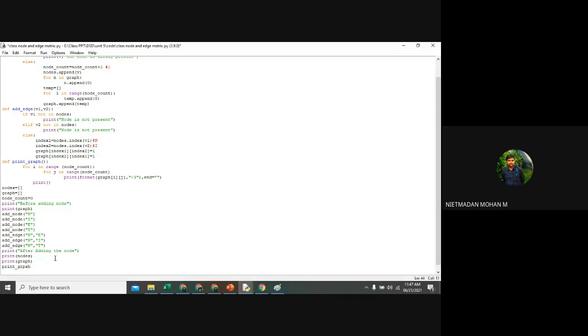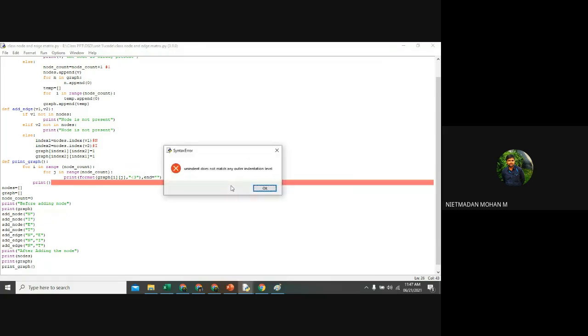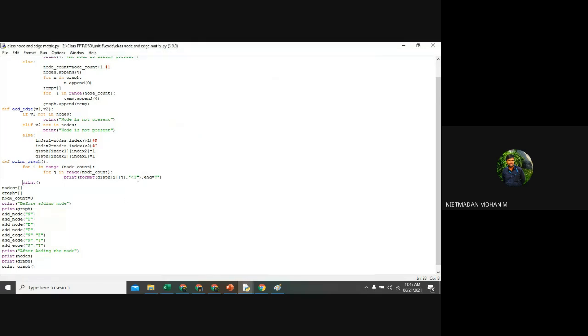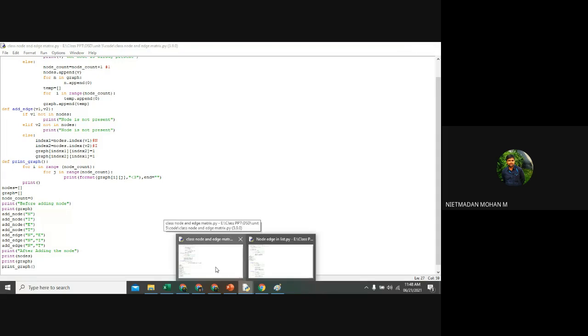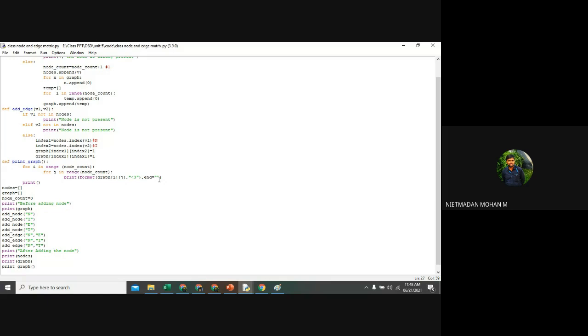print_graph. One moment. end is equal to 1 minute.